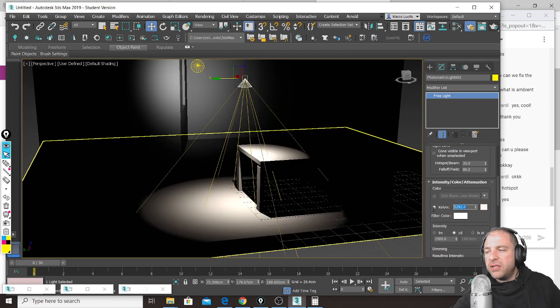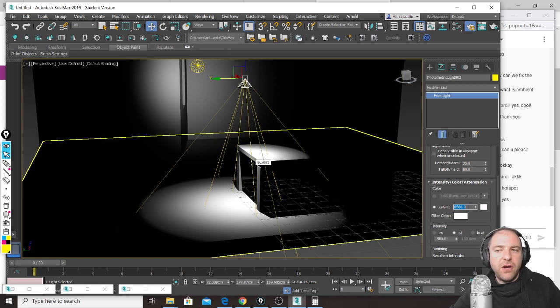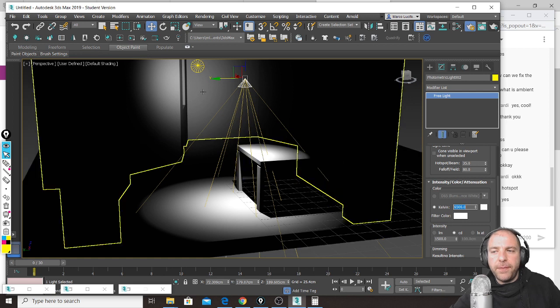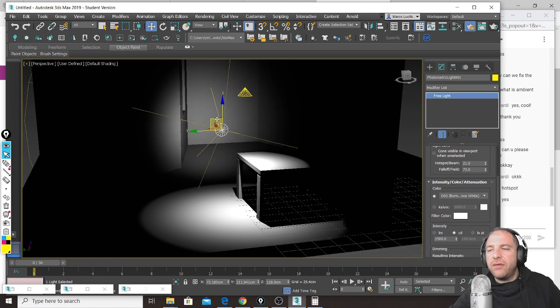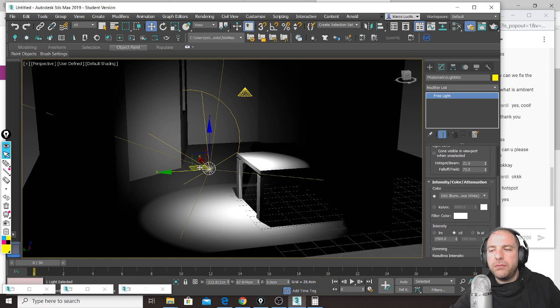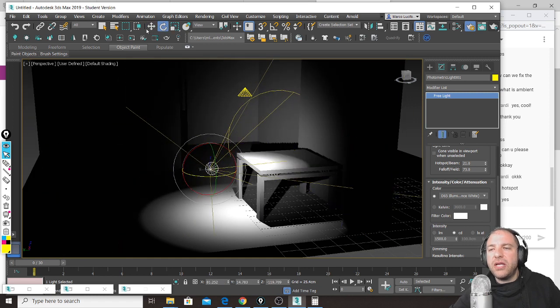Because if I make it 6500K, that is a pure white color, okay? But if I want, let's say, for this light to be purple, so to have a color that will give me a nice effect,